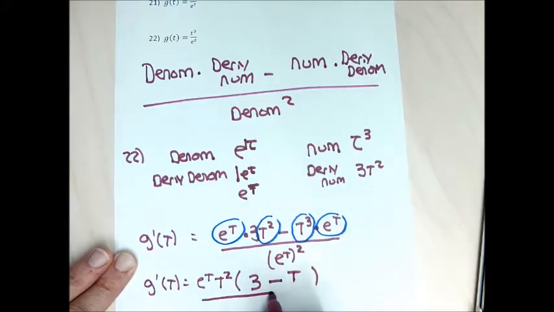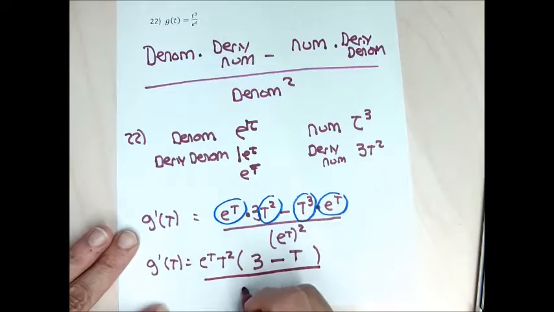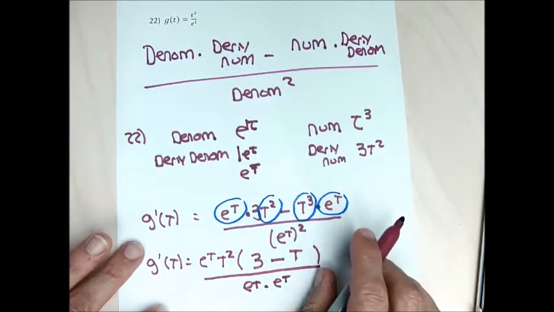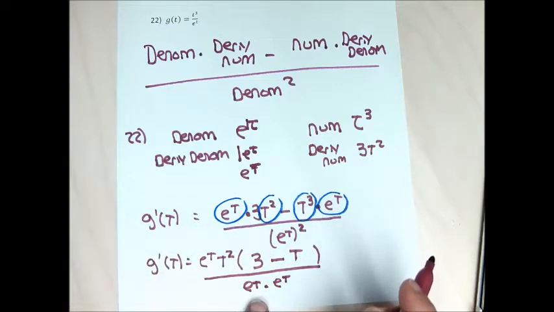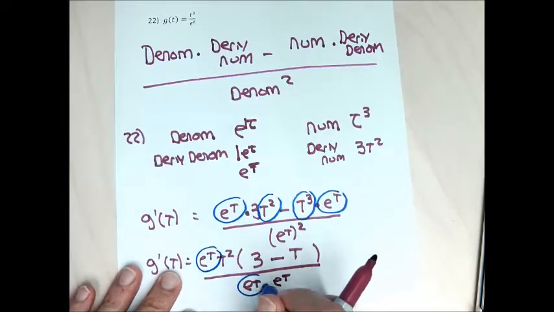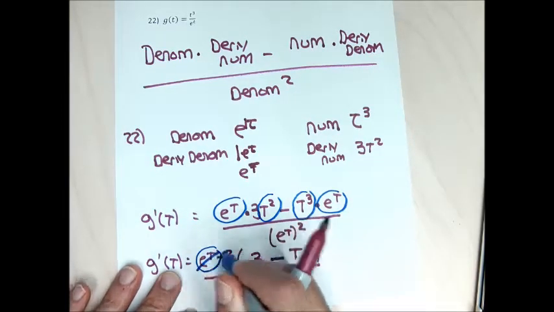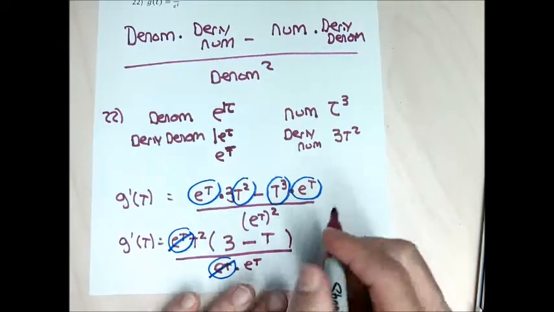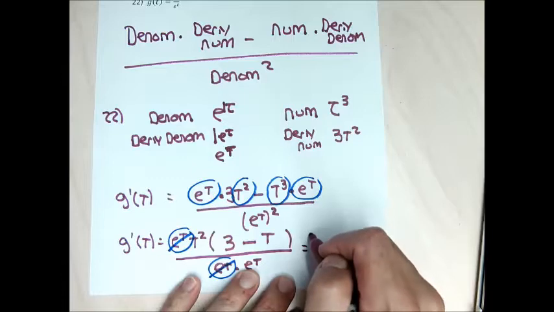In the denominator, if instead of writing it with an exponent, I write it with repeated multiplication, it's going to make the canceling easier for me to do. E to the t squared is e to the t times e to the t, and that's going to make it so the common factor of e to the t will cancel with one of the e to the t's. And this is going to give me where I'm going to stop for an answer. It's going to give me the derivative